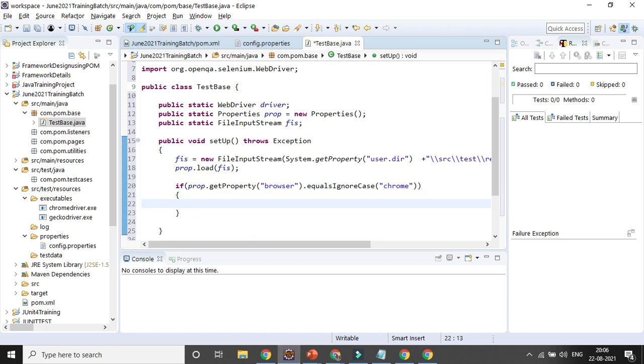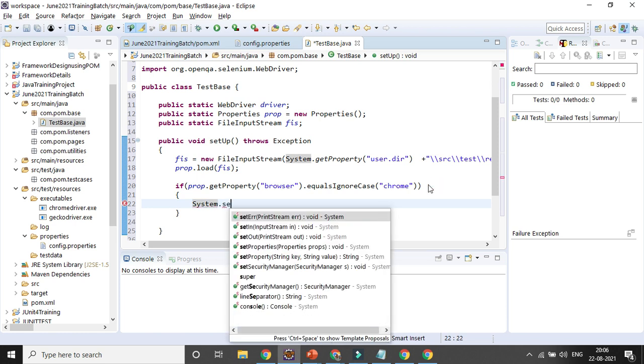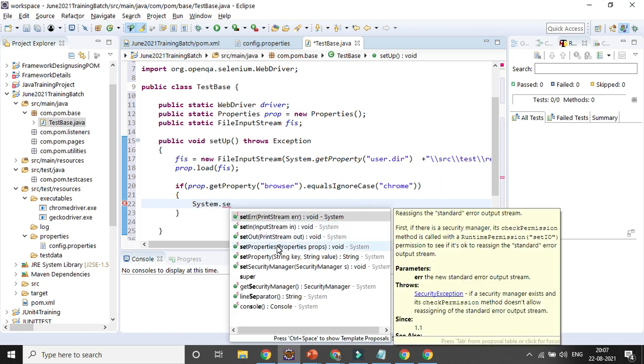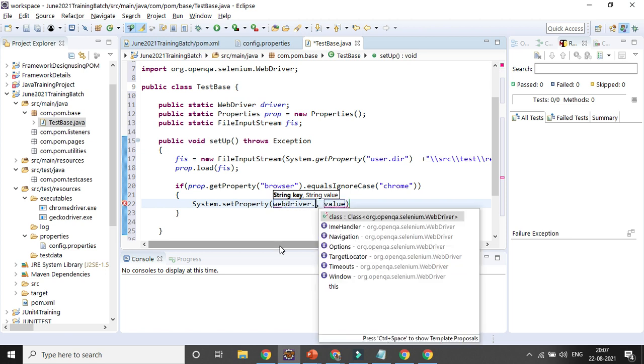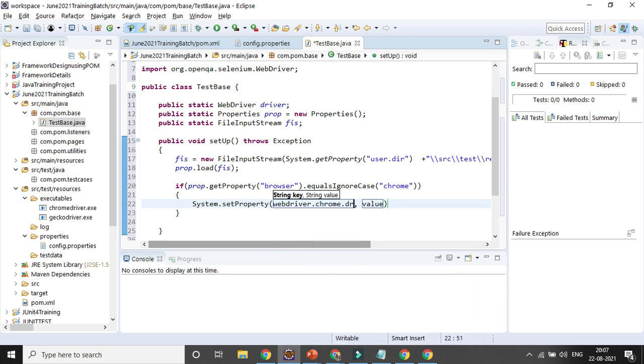I'll be setting the properties for the Chrome driver, right? So System.setProperty, webdriver.chrome.driver, and I need to close with the second bracket, and the value here I will be directly giving, right?